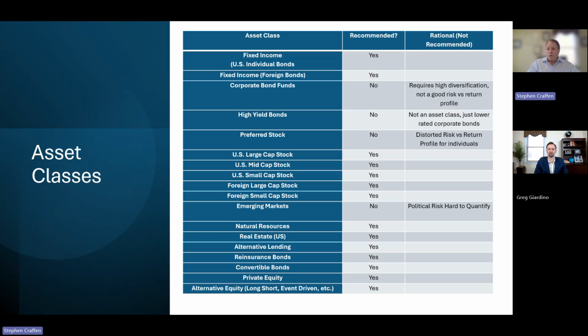And preferred stock is mispriced because preferred stock is a unique instrument. A company could buy the preferred stock of another company and they get a significant tax break. So that creates a mispricing. We don't recommend preferred stock. Effectively, you have the risk of stock, but none of the growth of stock, because typically the growth is capped by the dividend, which is typically fixed. So you don't want to have preferred stock. And while you may have heard about emerging markets, we don't recommend emerging markets for many reasons. There's another asset class we recommend in its place, which we will talk about shortly.